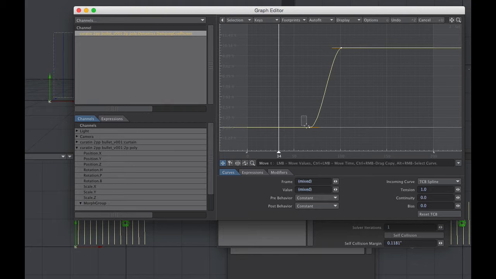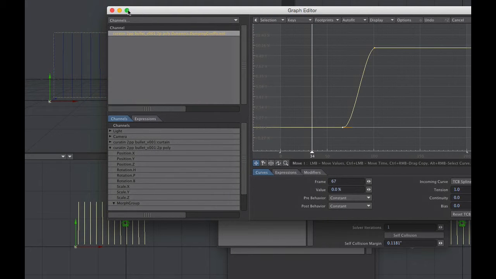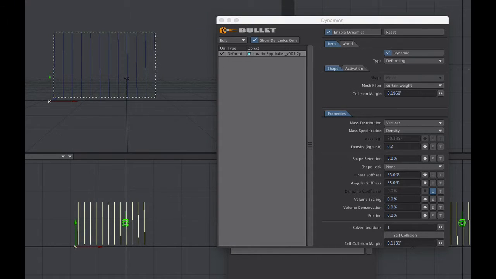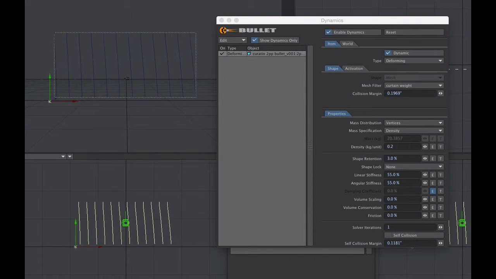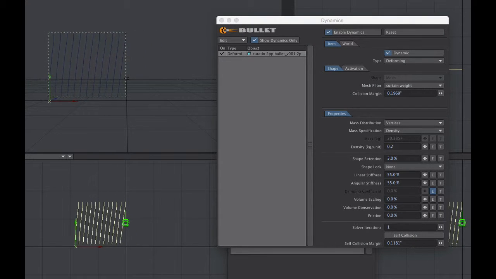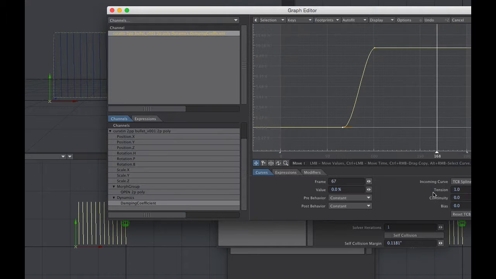So if we select this one only, that's at about frame 67. And you'll see what it's going to do. So we're going to go back here to 0, hit play. They're going to close and they're going to sway and then they're slowly going to go down to nothing. That was probably actually a little bit too quick of it happening. So we're going to select the ending one and we're going to drag it out and bring this down a